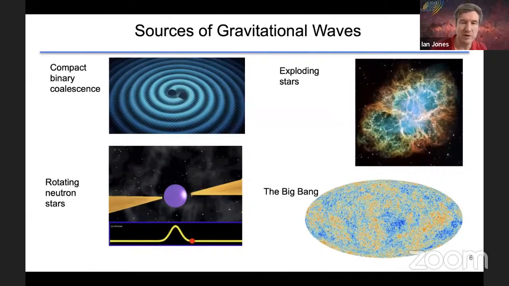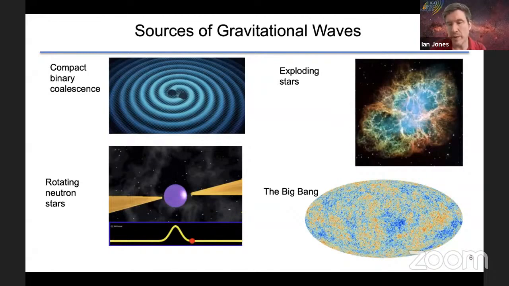Top left, it's that same picture as the last slide. It's two compact stars, so two very small massive stars like two black holes or two neutron stars, which is another sort of very small heavy star, in orbit around one another. As they orbit, they produce these gravitational waves. Those gravitational waves carry off energy, the orbit shrinks, and eventually the stars collide. Now, we've actually seen about 90 events like that with our gravitational wave detectors. And there have been some previous webinars in which we've talked about those results. But there's a lot more that we would like to see.